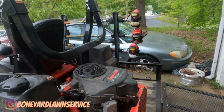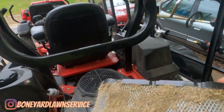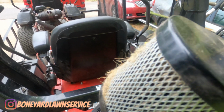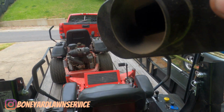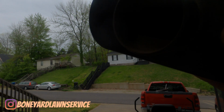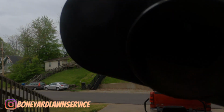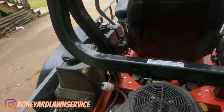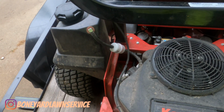But back to what I was talking about, guys. Hold on, I'll show you. This is my old filter right here. Let me see if I can get it where you can see the light coming through the filter. You can't see it from right there, but I can. There's a light in there. Almost had it, but anyway, guys, this is the old filter right here. Looks pretty crazy. You can't see the hole, but